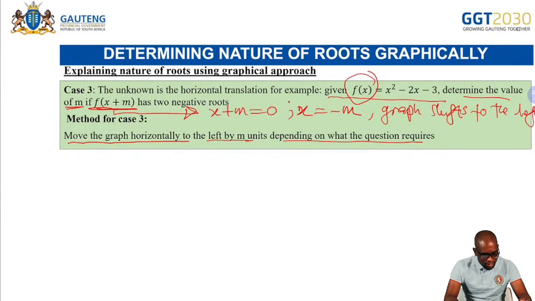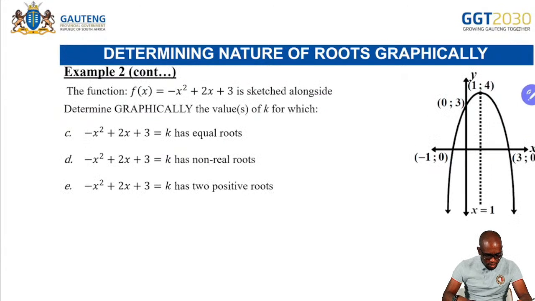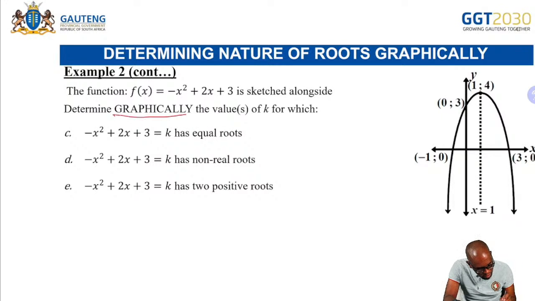Hello and welcome back. Let us go through some of the application problems on these nature of roots. Right. Let's check now the first three questions here. If you look at this, you are told that the function f of x is negative x squared plus 2x plus 3 sketched alongside. Determine graphically, which means that they want you to use the graph, the values of k